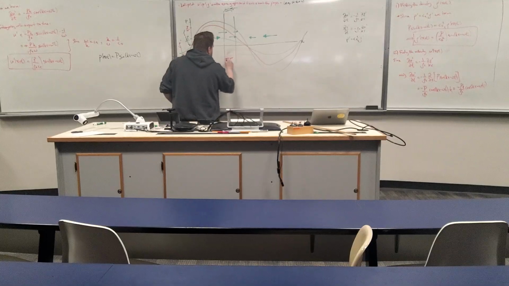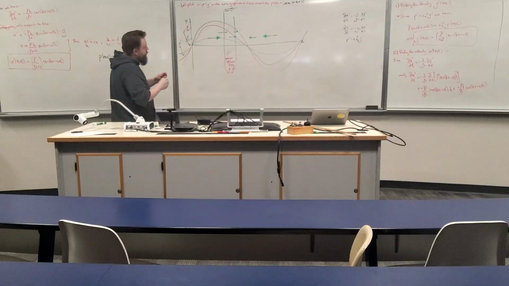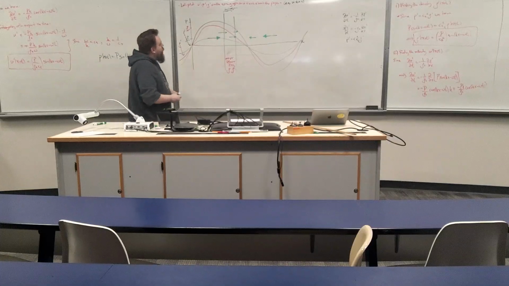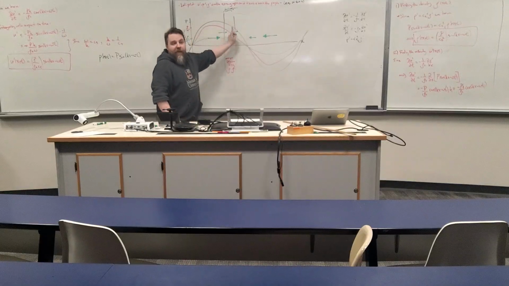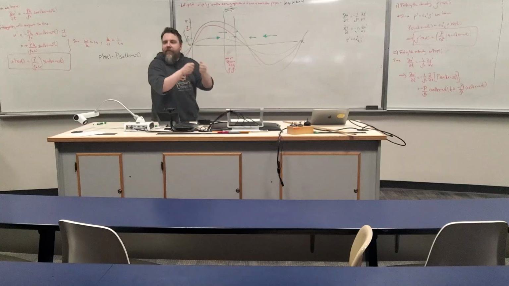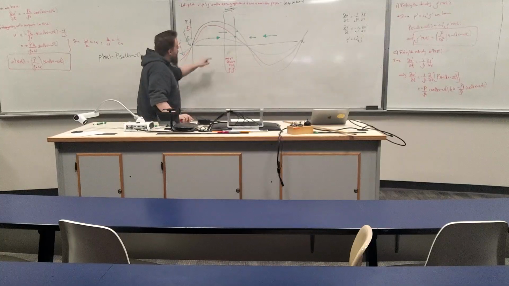mass flows in, density increases. So we expect this red curve, right now it's at this particular level. This was the sketch at t = 0, but this red curve in this region is going to go up now because we're bringing more mass in, the density is going to increase. And we can also see that